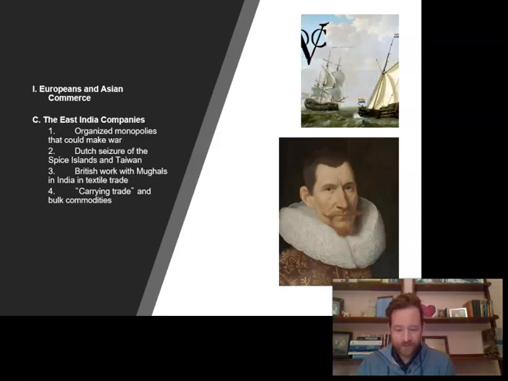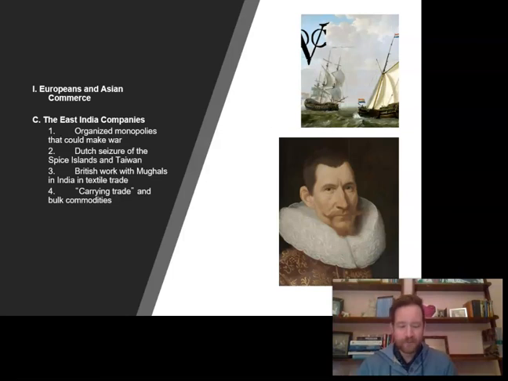Now the British. The Dutch really clamped down on the spice trade. They were not only able to take spice away from the Portuguese, they also kept the British out of it. And the British started to focus their activities on India. And in India, the British were faced with the powerful Mughal Empire. It's one reason why the Portuguese never really made inroads in India as well. So I had to stop really quick and realize I said Mughal. It's Mughal. The Mughal Empire.